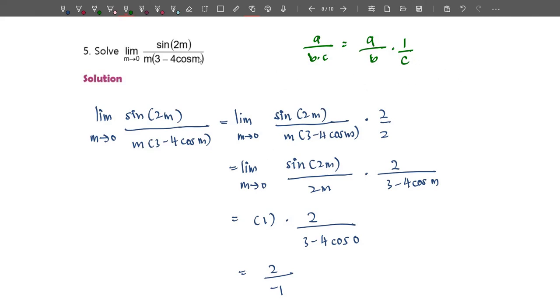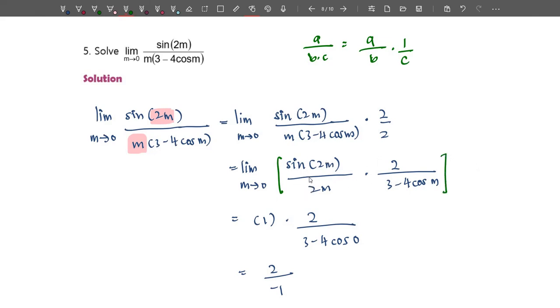So right now, as we can see, we have here the angle for the trigonometric for the sine function is 2m, and therefore we need to divide sine 2m with 2m. Okay, but right now we just have m. Okay, we are lacking the number 2. That's why here I multiply with 2 over 2 because I want to use the 2 in the denominator to multiply with this m. Okay, and then rewrite the functions here